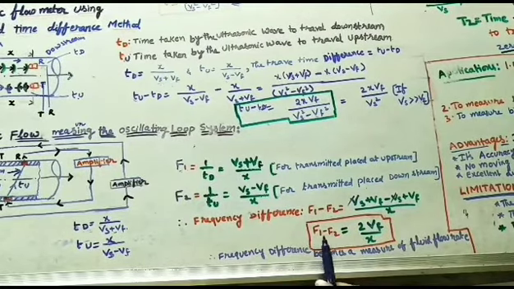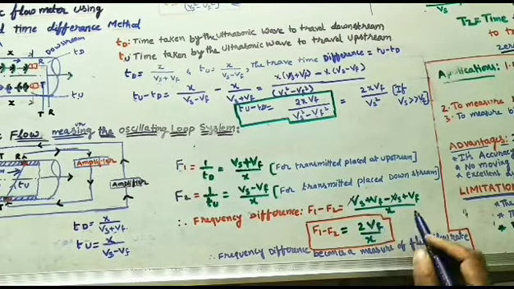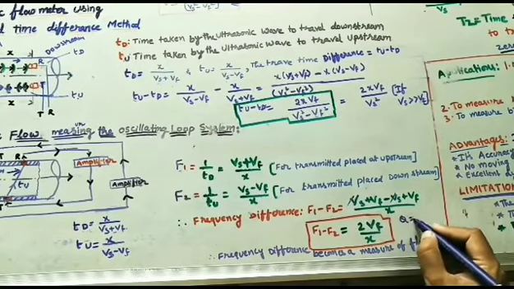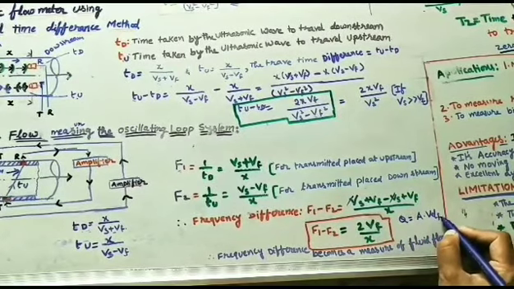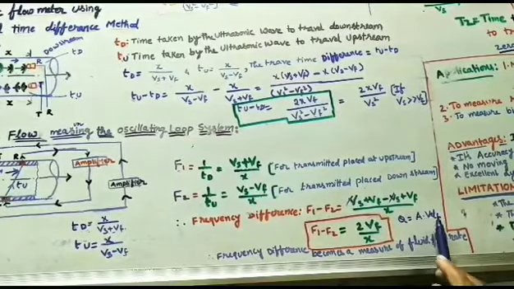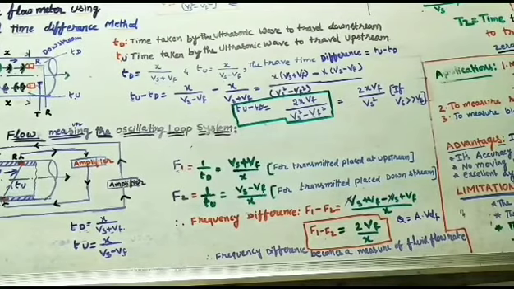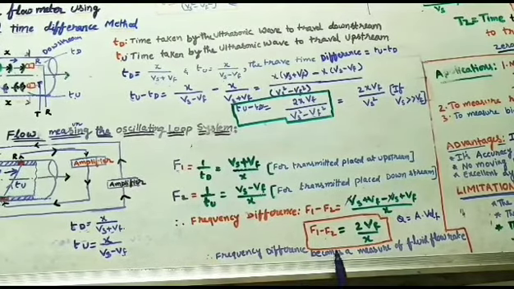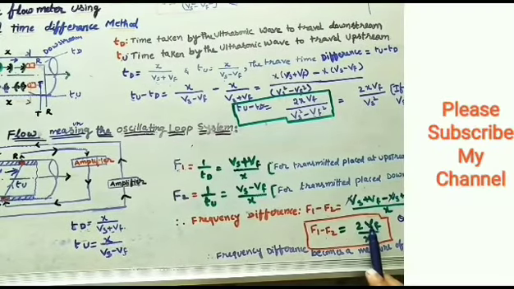Okay, so this frequency difference will measure the velocity of the flow here. This velocity will give the Q value. How will Q come? Area into velocity, this Vf. Area means for a circular pipe, pi by 4 d square, and velocity means this Vf obtained by using the frequency. So according to this arrangement, the frequency difference becomes a measure of fluid flow rate.